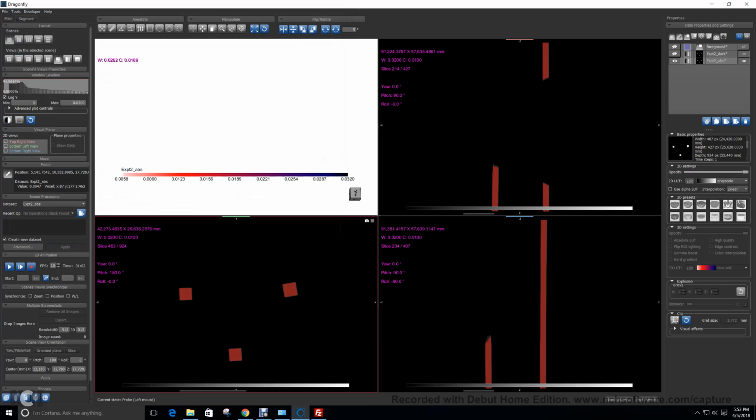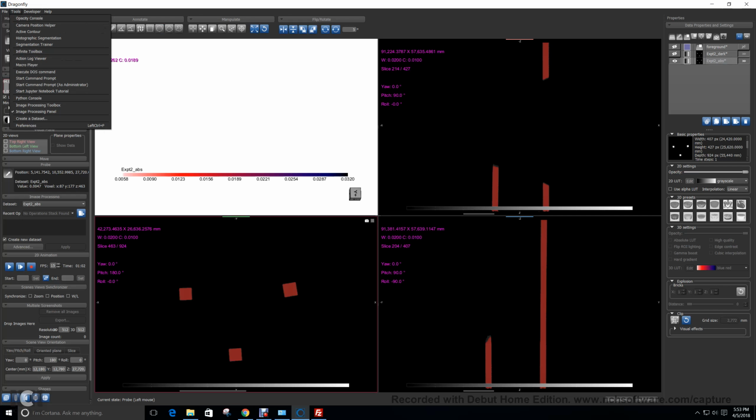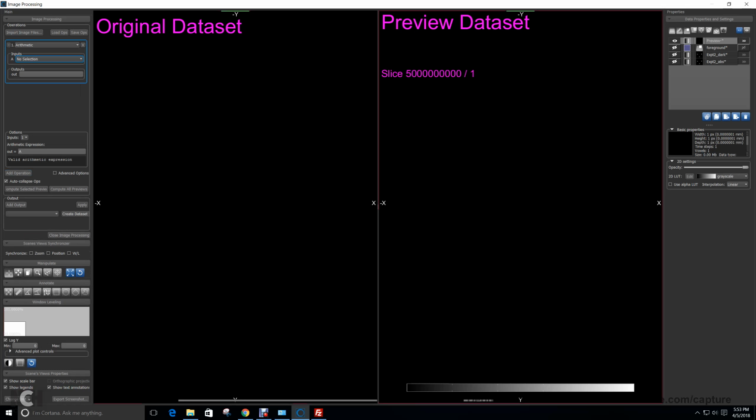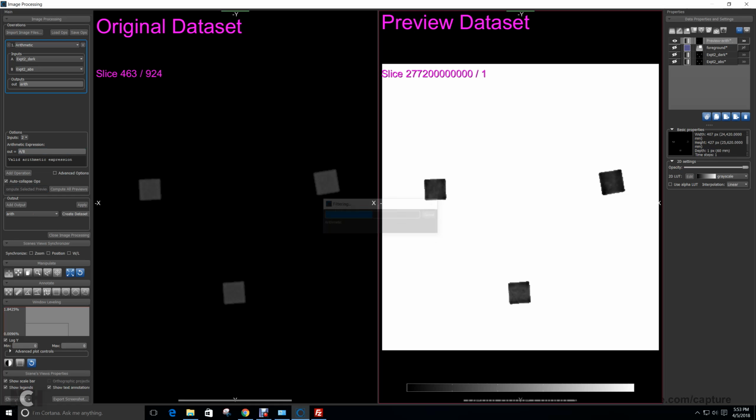Next step, row 6, is the arithmetic. We need to go to the tools and click the image processing toolbox. Choose the arithmetic. Here we have two inputs, dark field and attenuation absorption. We can rename the output as arithmetic. And the equation is A divided by B. You can compute a single preview, so it has only one slice. If you compute all the slices and then apply,